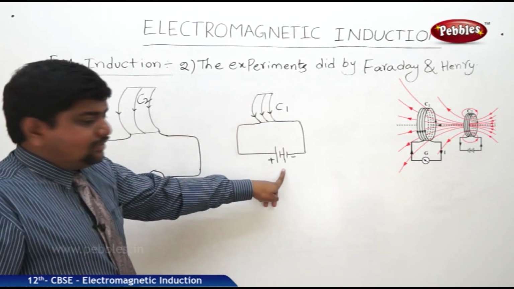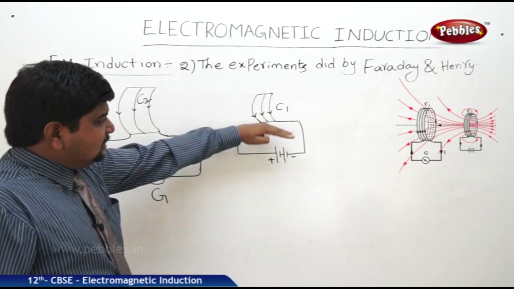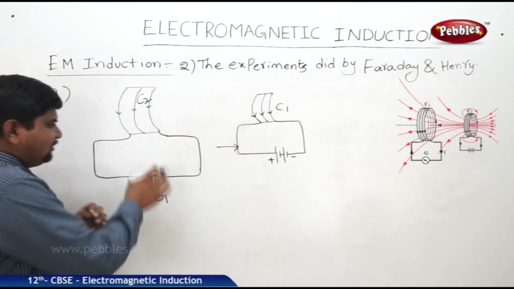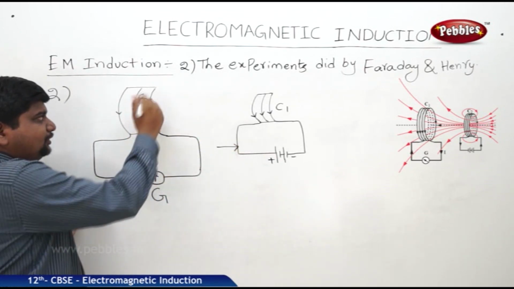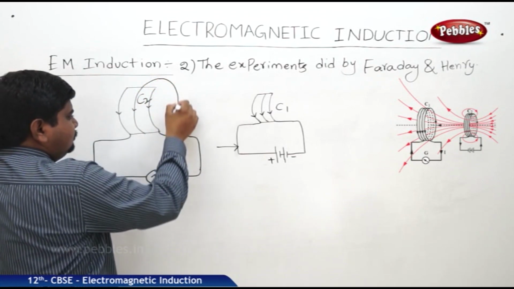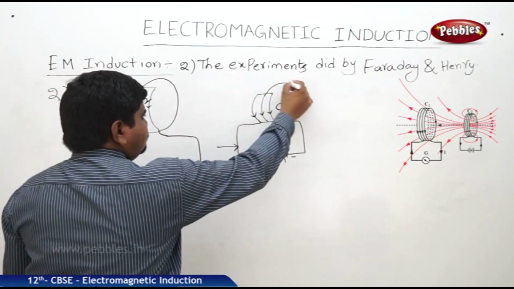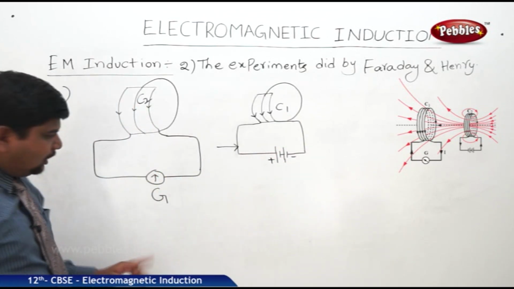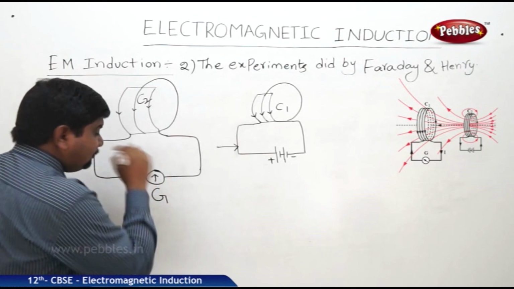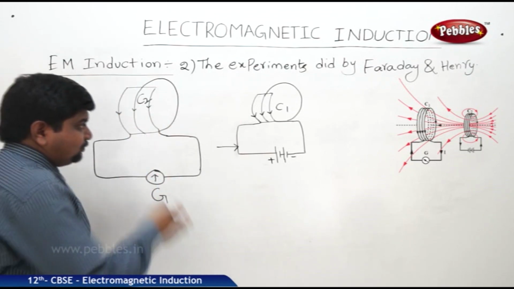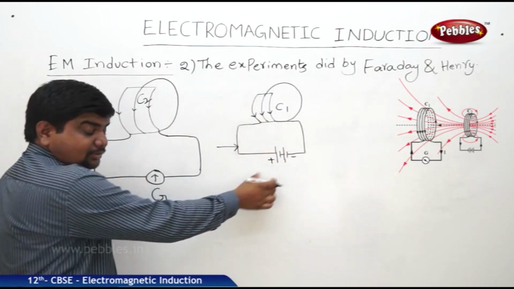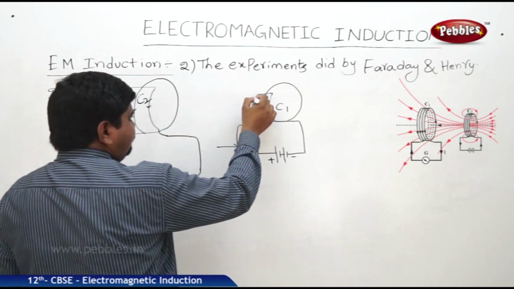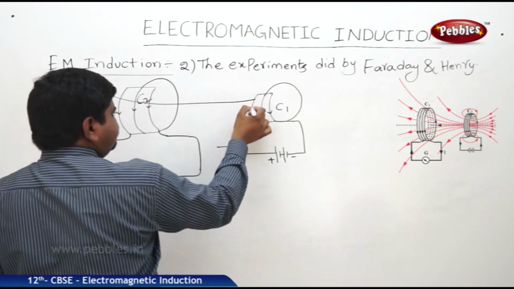Initially, it is connected to a power source like a battery, and this setup is initially at a long distance, or farthest away from this setup. This setup means this is coil 2. This coil 2 is connected to the galvanometer. Now, what were the observations of Faraday and Henry in this experiment? When the coil connected to the battery is placed near, or is approaching coil 2, flux will be released like this.